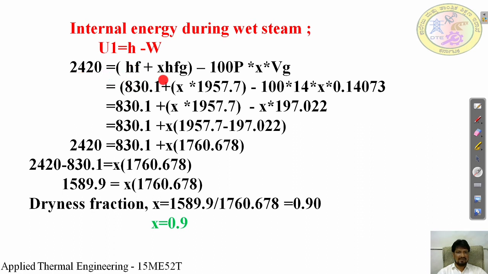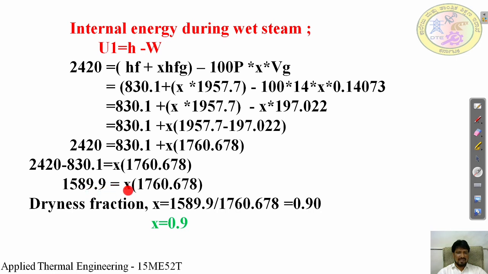Now you substitute HF and HFG. We don't know the value of X, so keep the X value the same; only HF and HFG are substituted. Here the pressure we know is 14, and X is kept the same. Then Vg value from the steam table we know, 0.14073. So you calculate this, and after a simple calculation, addition and subtraction, you will finally get